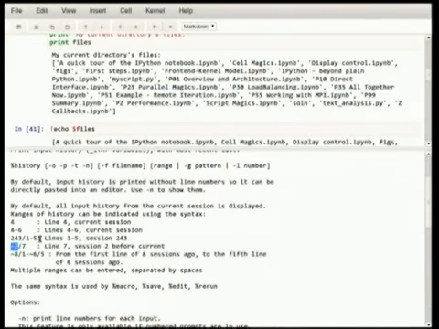Good question. Yes? When using the shell outside of the notebook, the history, is that preserved over sessions? Yes. So if we ask here, as always, the question mark, right? So history question mark. And history shows you how you can actually access the history of other sessions. There's a special syntax to access the history of other sessions. And in